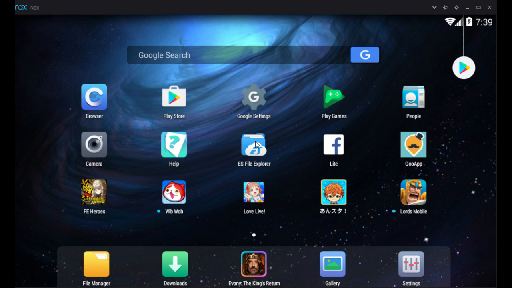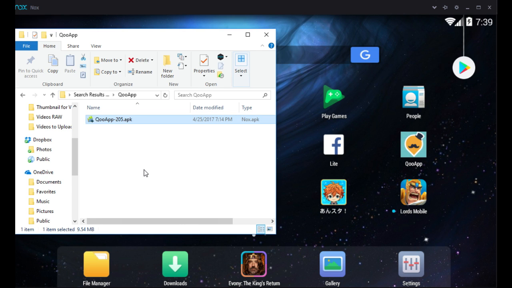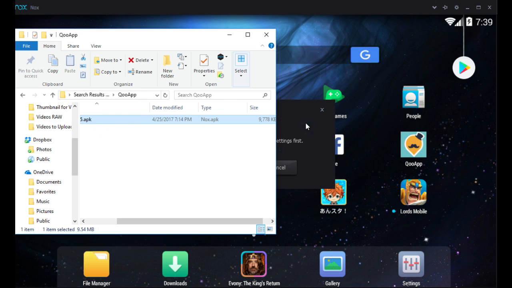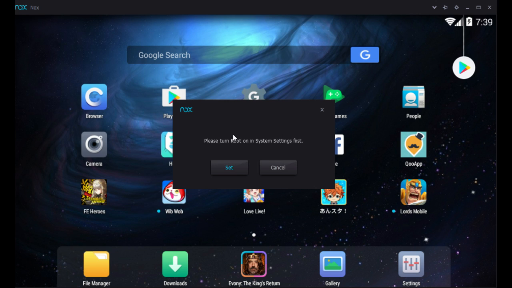So instead, you could use something like Easy File Explorer, or with Nox, here's an app I've already gotten. This is an APK file for QApp, which is something that me and Christy have been using for quite some time. And all you have to do, at least with Nox, is drag it over, but there's going to be an error message that pops up here, just so we're clear, and that's actually because I do not have root